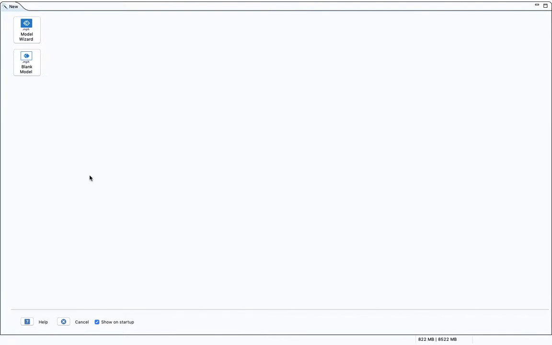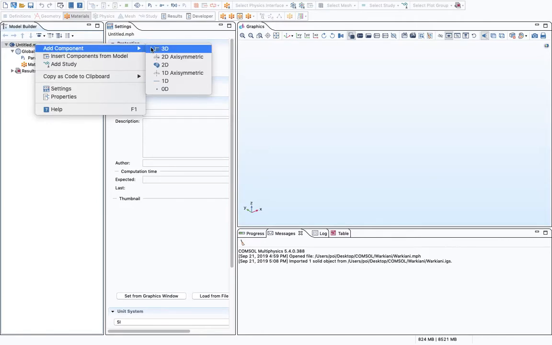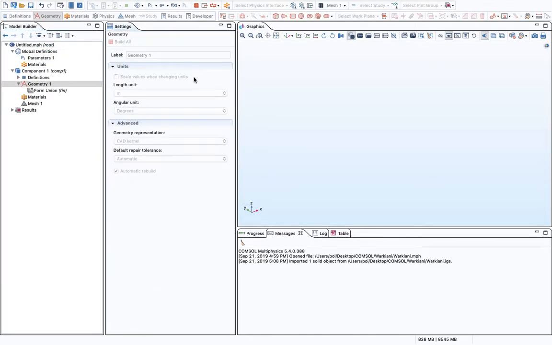So I'll open up COMSOL and click on the blank model option. Once I do, the simulation environment opens up and I can start the simulation by adding my geometry into COMSOL. So I'll just right click on this untitled MPH file and use add component and 3D component so I can locate the file that I saved into my computer earlier on, the IGS file if you remember from the second